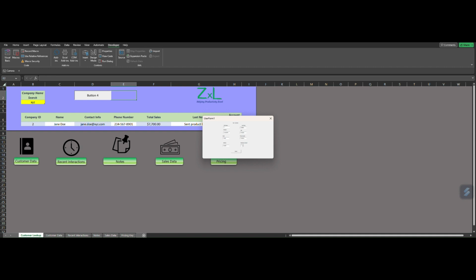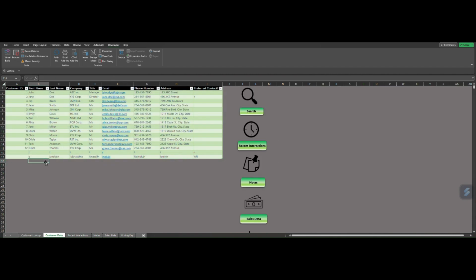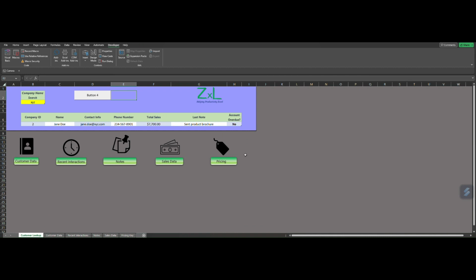Let's say I get a phone call from someone, I'm trying to search their name and they don't come up, they're a new customer. Okay, well, let me click on this button and type in their information here real quick. I'll click on submit, and once I do that, now I've got all their data right here. So I just wanted to bring you guys in for a second, show you a little behind the scenes of what I'm working on, but also a little bit of the